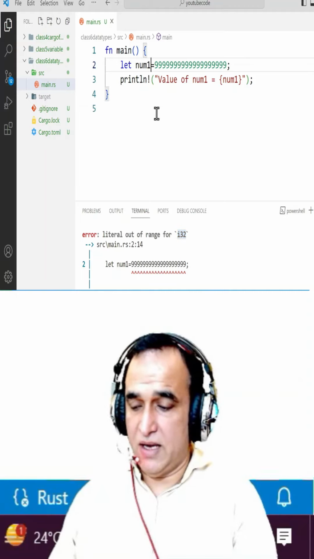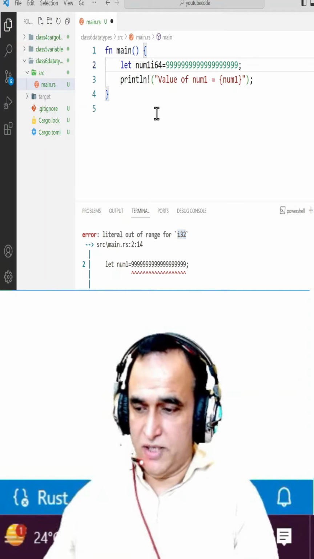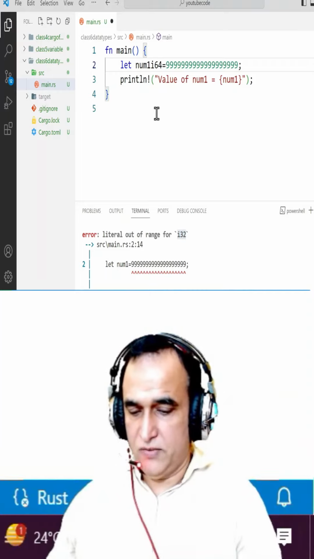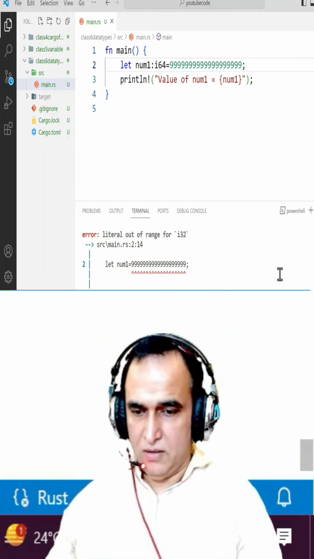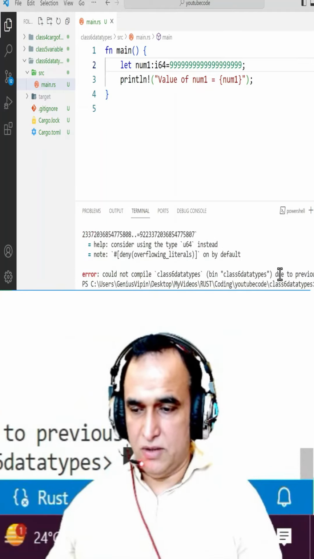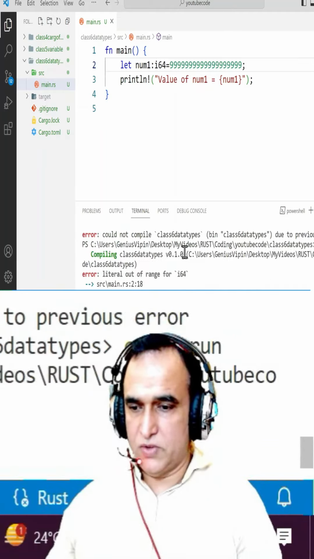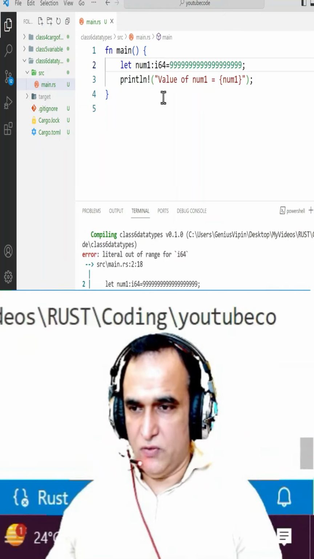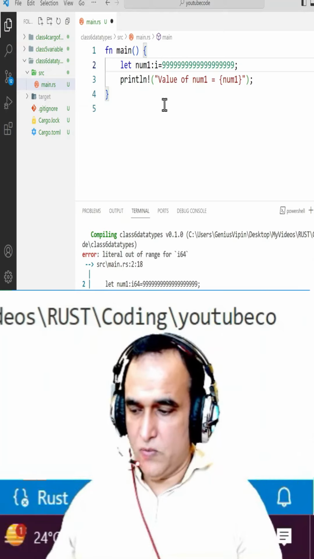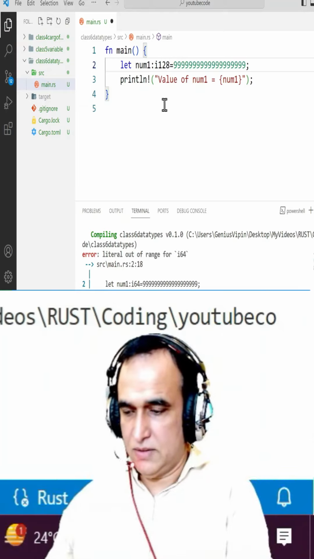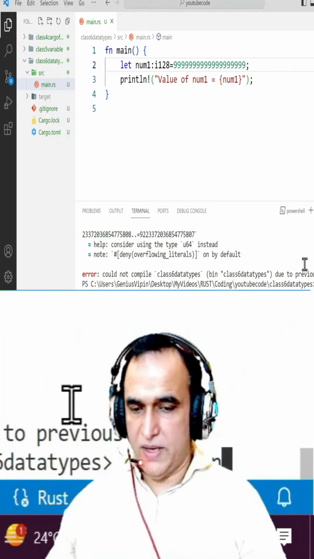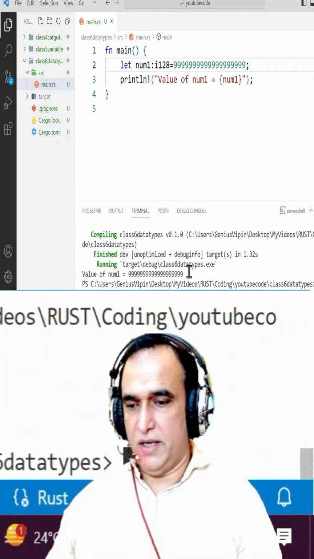But if I specify i64, putting a colon here, now you see whether it fits the size or not. You see it is also a huge value, greater than i64 also. So here I say 128 bit. Save this. Now try to compile it, and you see it's running now, because this